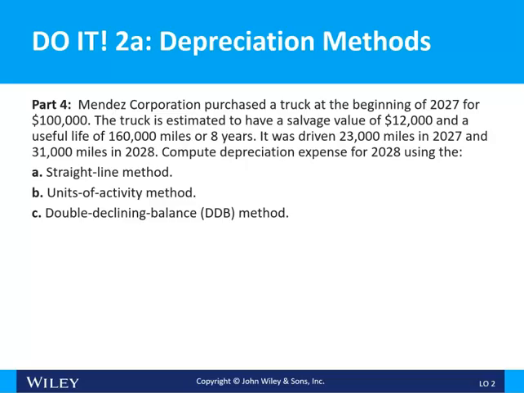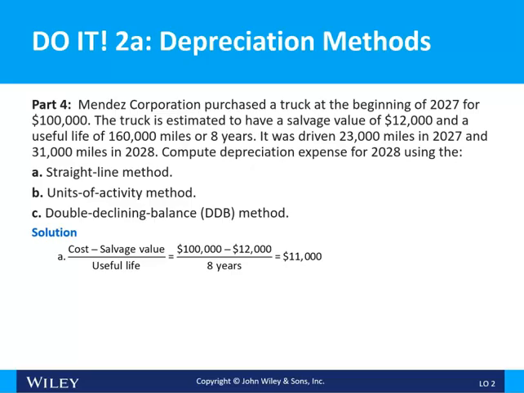Okay, so you need to be aware that it's asking for the 2028 depreciation, so the second year of depreciation. So we're not going to have to necessarily show the expense for 2027, except for the declining balance, because we need to know the book value. So straight line,